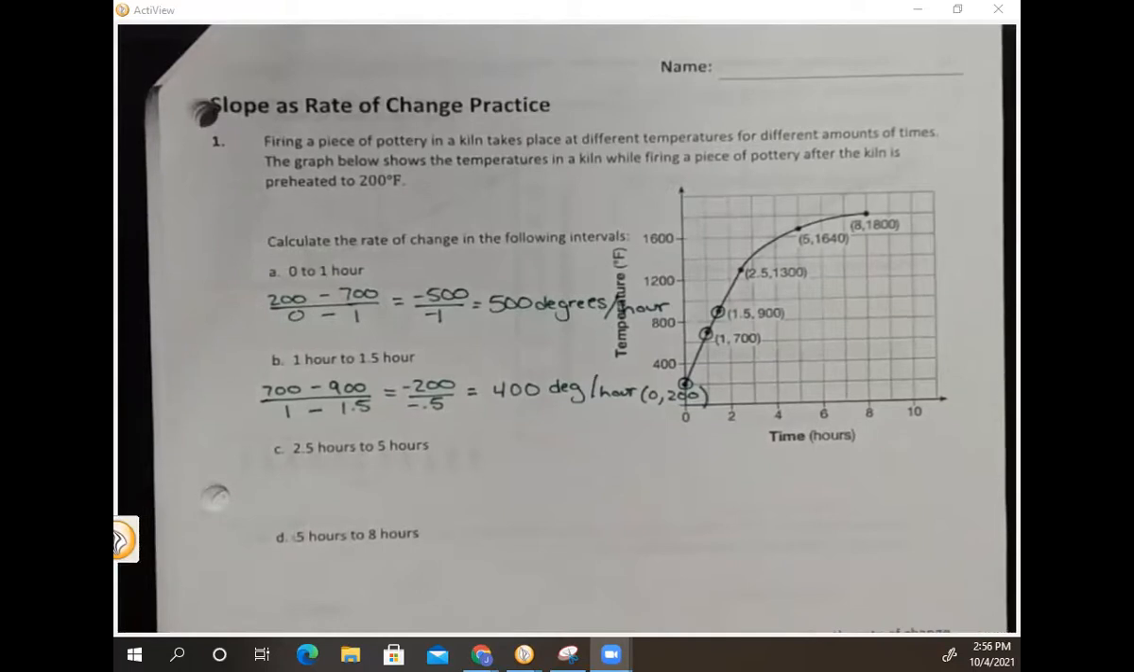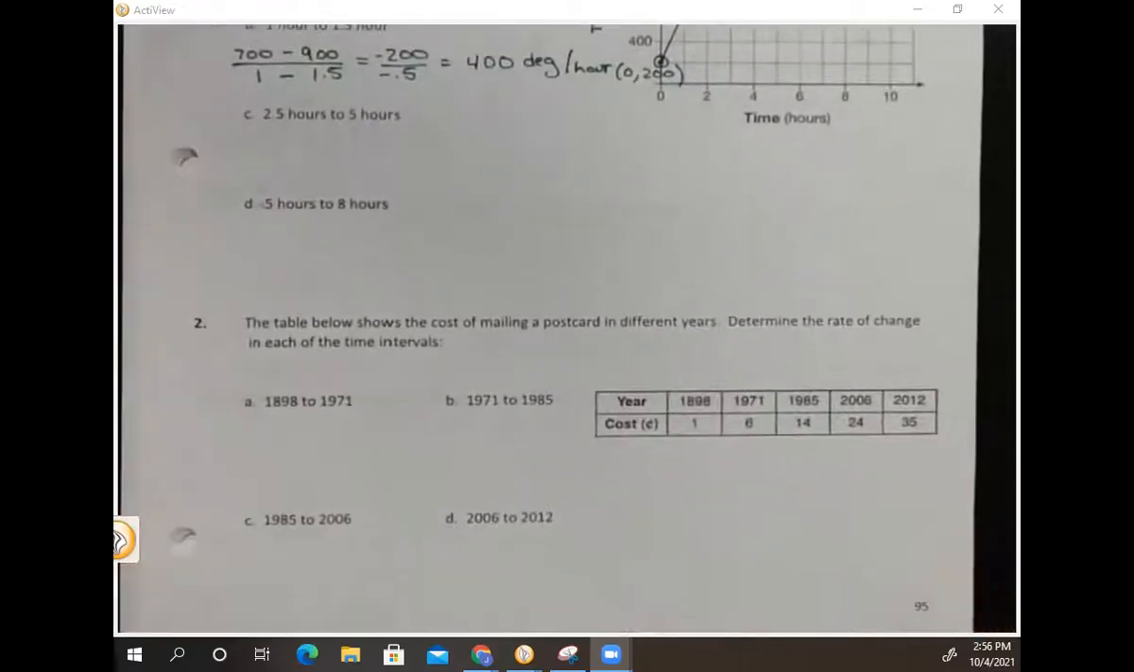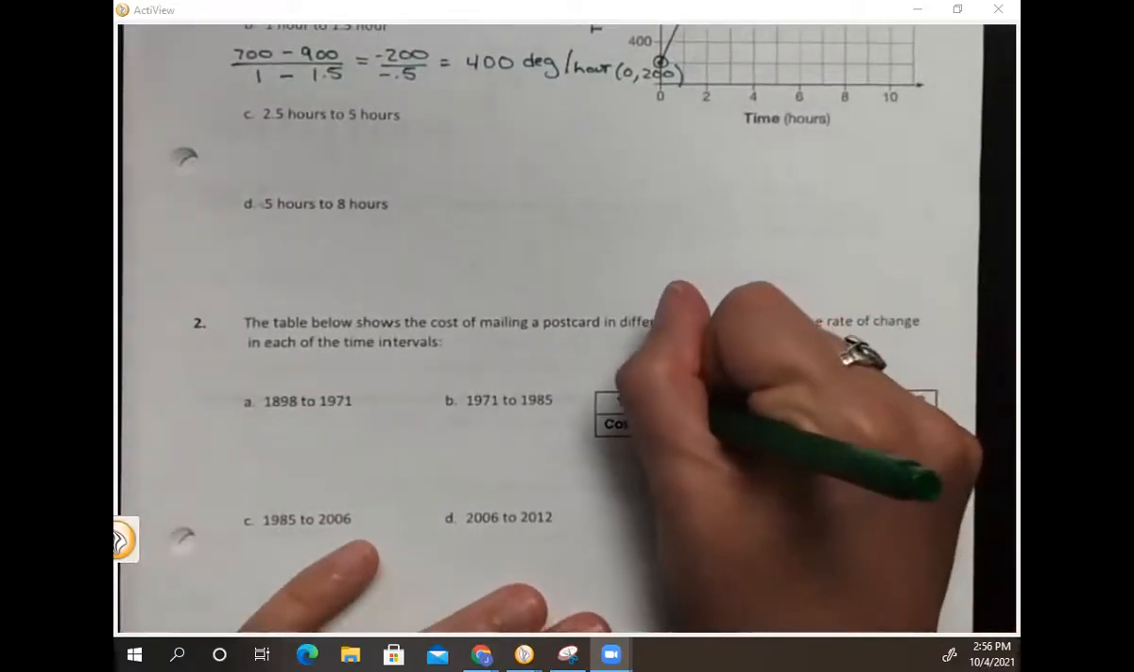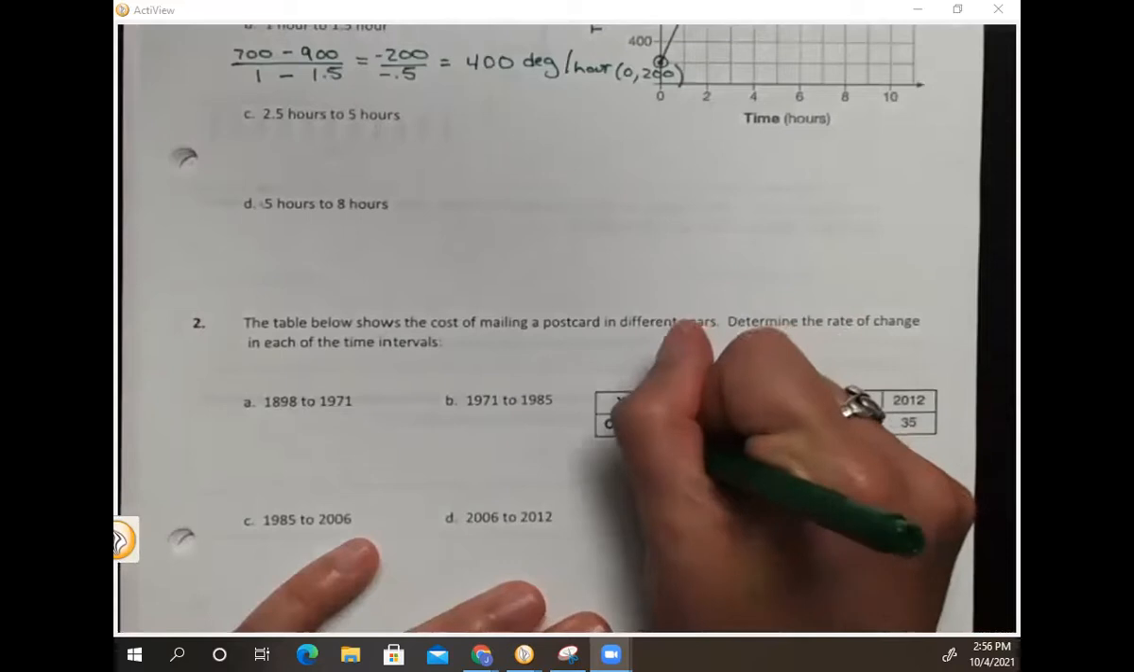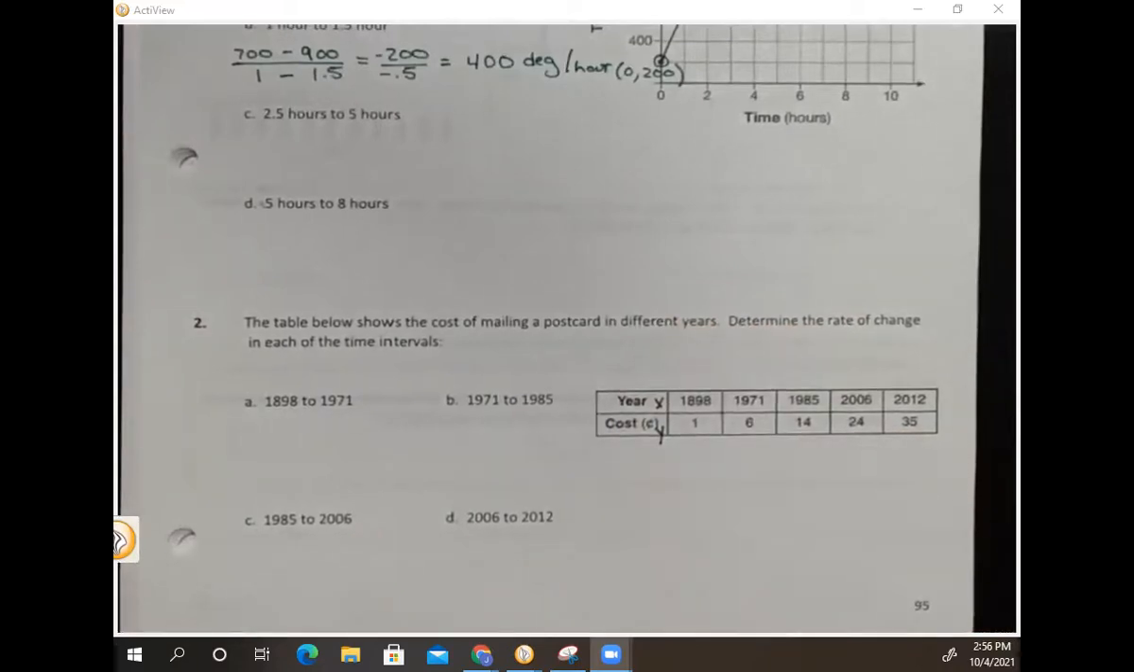I do want to make a quick comment on number 2. For number 2, the year is your X and the cost is your Y. So we've got a table there. The year is your X and the cost is your Y. Okay, so your homework again is pages 95 and 96. You should be able to get those done by the end of the class period and not have anything to take home for today. Remember, we're just finding slope. Rate of change is the same as